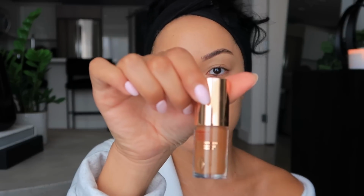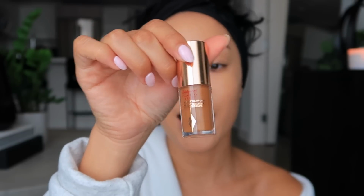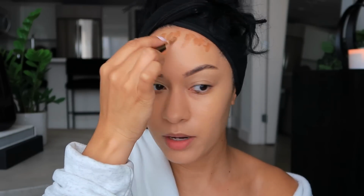This is the same exact one. I should probably get a new one because it's probably low-key expired, but this is the travel size, and I have not even gone through like half of it, so I don't think I would ever purchase the full size of this, to be honest. Anyway, so I am going to apply this all on my forehead